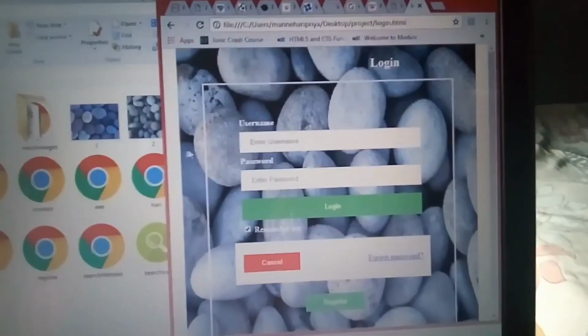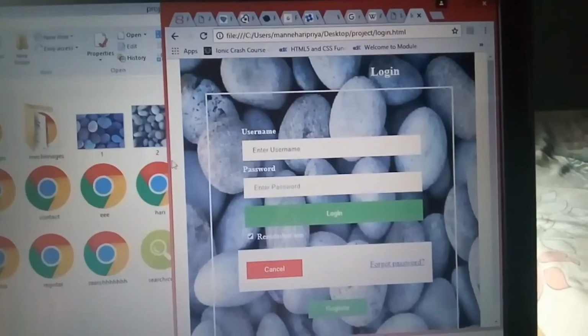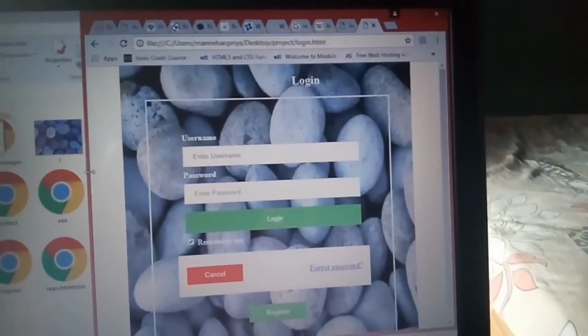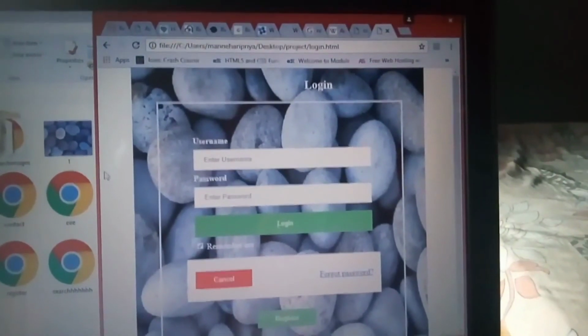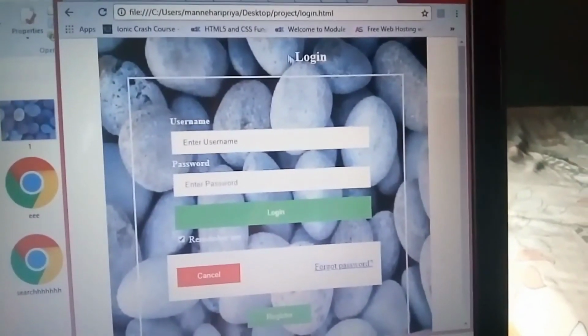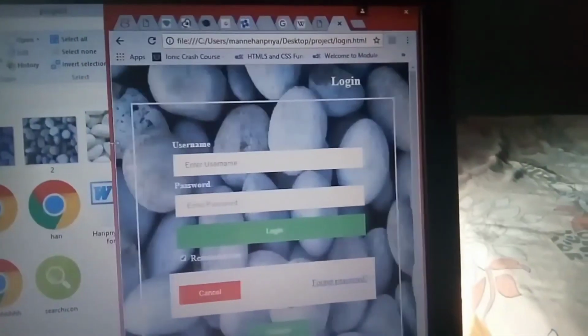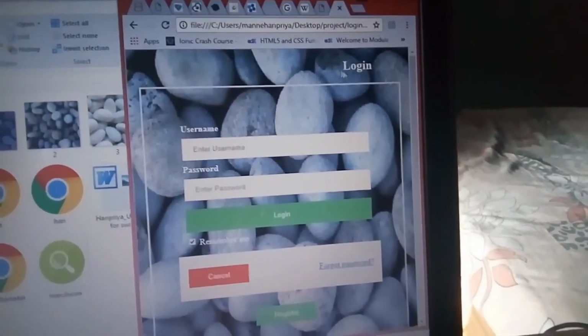If I open this login page which I designed, it's not good to see. It shrinks according to the size of the screen, but the login and all of that, it's not good at all. That is not responsive, the one which I designed. If I see it on mobile, it's not good to see.